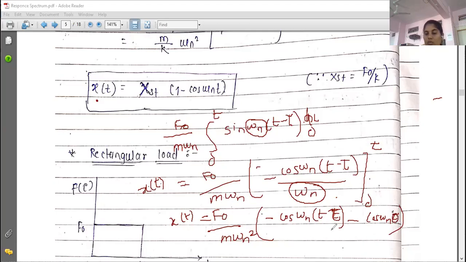The minus sign will become a plus. So it will be cos of t minus t, that is 0, and it will be equal to f naught upon m omega n square into bracket 1 minus,